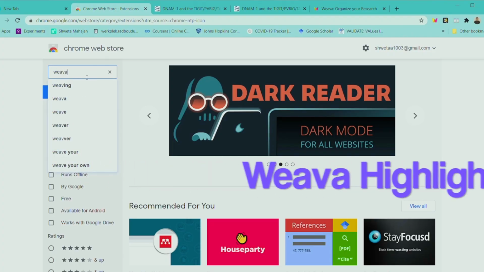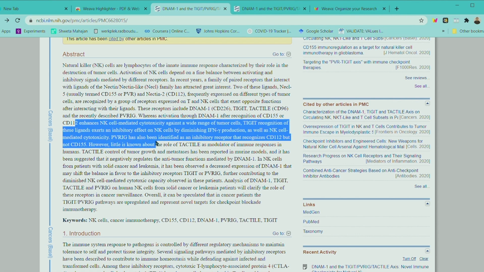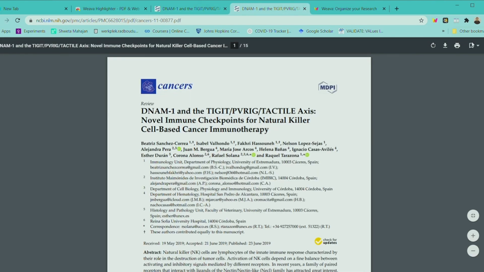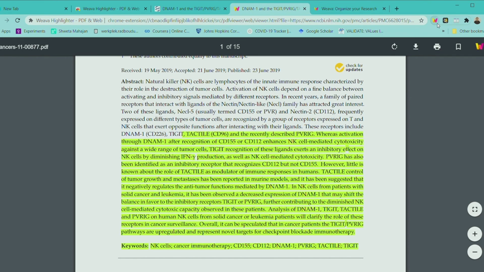The next is Viva Highlighter. I used this extension to highlight text on Chrome. All you have to do is drag your mouse across the paragraph that you would like to highlight and then pick the color you want on the highlighter pop-up. You can also use it when you're reading an online PDF. Just open the PDF in Viva and you can highlight it. You can click on the Viva icon on your Chrome browser to refer what you have already highlighted.